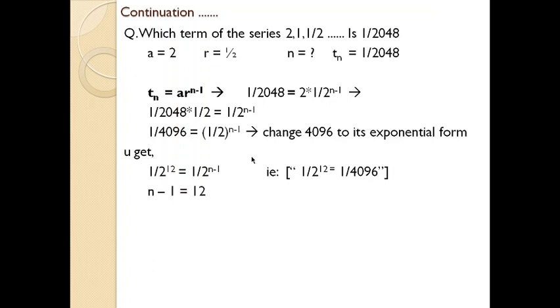Okay, next step. The left hand side is 1 by 2 raised to 12 and the right side is 1 by 2 raised to n minus 1. From that we can extract n minus 1 equal to 12, because we just selected the superscripts of both sides, where n equal to 13. This is how, whenever a geometric progression application case consists of this complication, you need to follow these steps. So remember where to take the exponential form and how to take it whenever this situation comes.